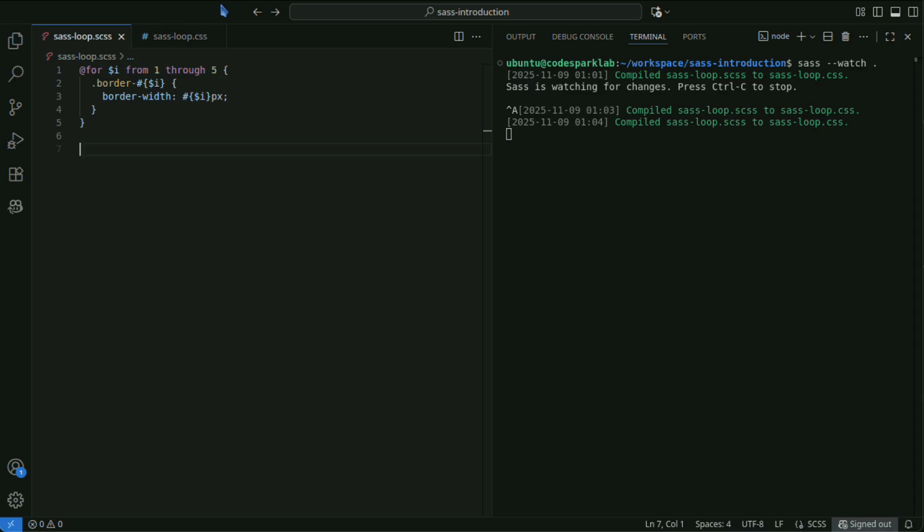@each performs loops using lists or maps. It is useful when you want to efficiently generate patterned classes. The following code generates multiple text color classes.